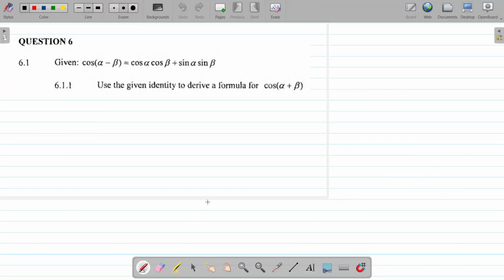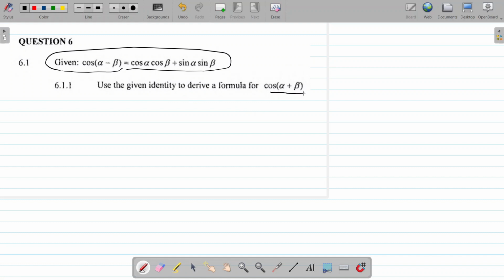We're going to be doing this question over here where we are given an identity: cos of alpha minus beta equals cos of alpha cos of beta plus sine of alpha times sine of beta. We need to use this identity, and then the question says that we need to use the given identity to derive a formula for cos